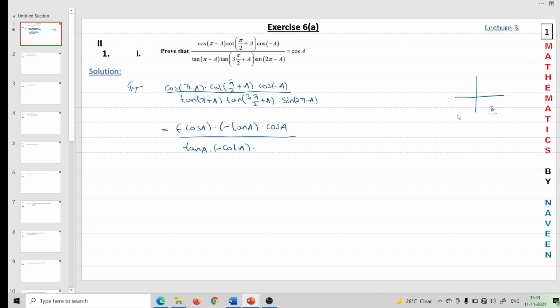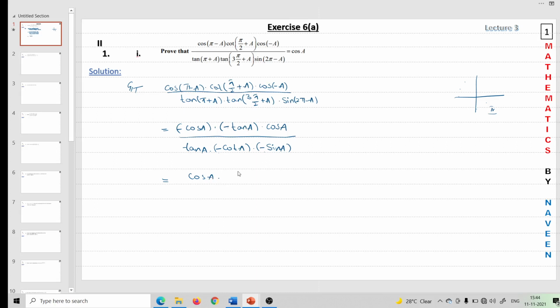Sin 2 pi minus a, 2 pi means 360, minus a means here fourth quadrant. In fourth quadrant sin values are negative, pi by 2 multiplied by 4, so there is no change in the trigonometric ratio, as it is we have to write down. Clear? That is equal to this one, minus into minus plus, minus into minus plus, so there are no minus signs here. Next, cos a